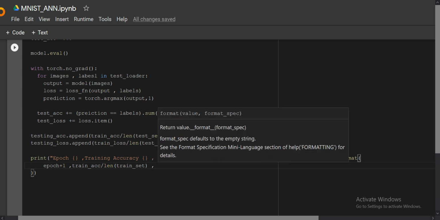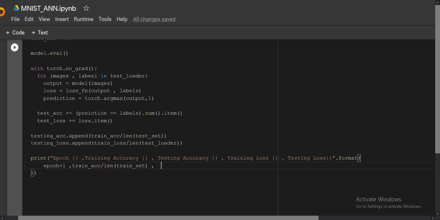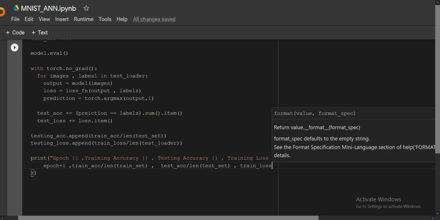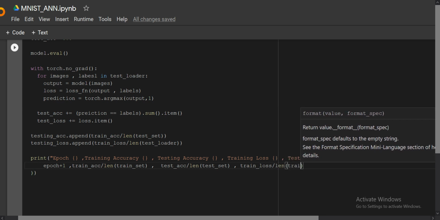Then for testing accuracy, we wrote test act, and you divide it by the length of the test set. Similarly for the training loss, train loss divided by the length of the train loader, since for loss you don't divide by the set but by the loader.